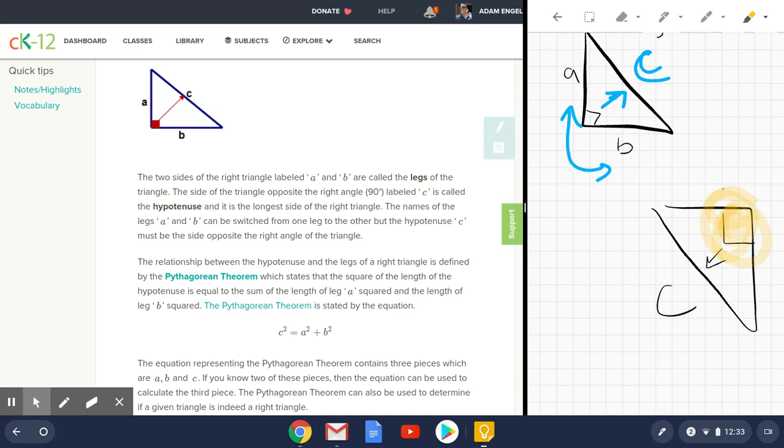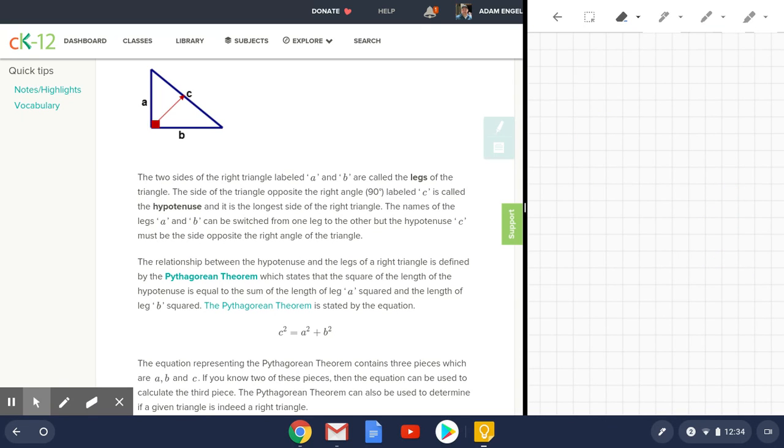The relationship between the hypotenuse and the legs of the right triangle can be defined by the Pythagorean theorem. My friends, the Pythagorean theorem states that the square of the length of the hypotenuse is equal to the sum of the length of a squared and the length of b squared. So our situation, our equation that we use for this, c squared,